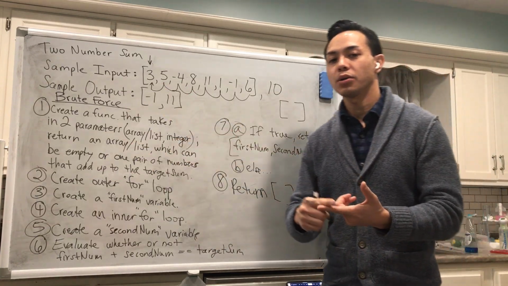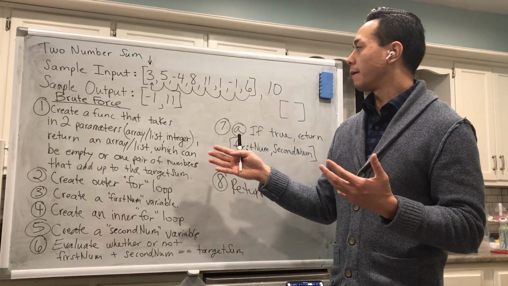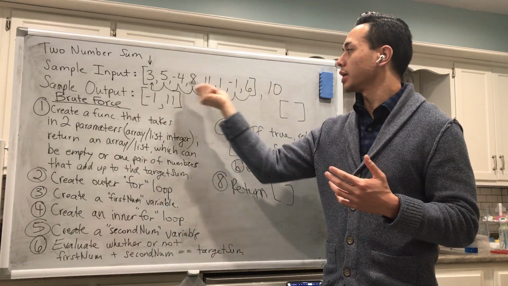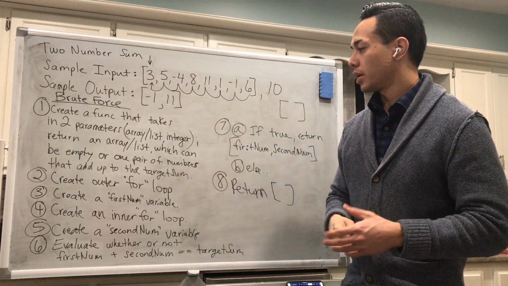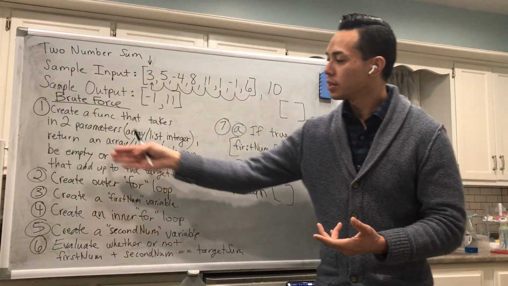It's going to take in an array or a list, and it's also going to take in an integer. And the integer is going to represent the target sum that two numbers from that array need to add up to. Okay. Second step, we're going to create an outer for loop, and then within that outer for loop, we're